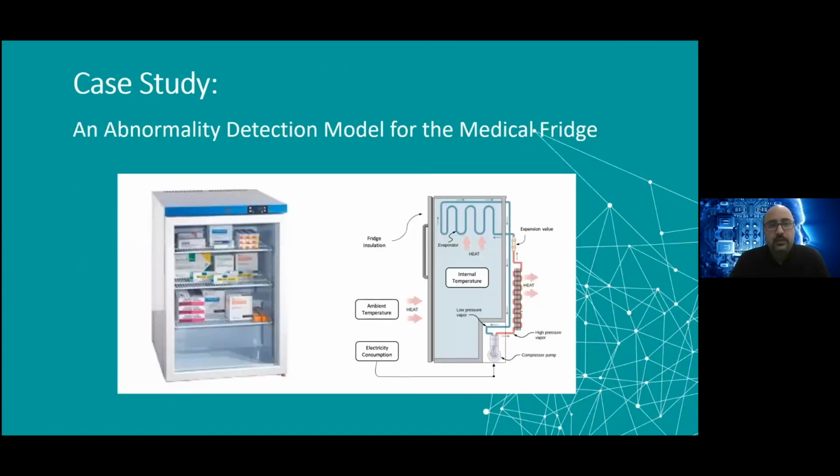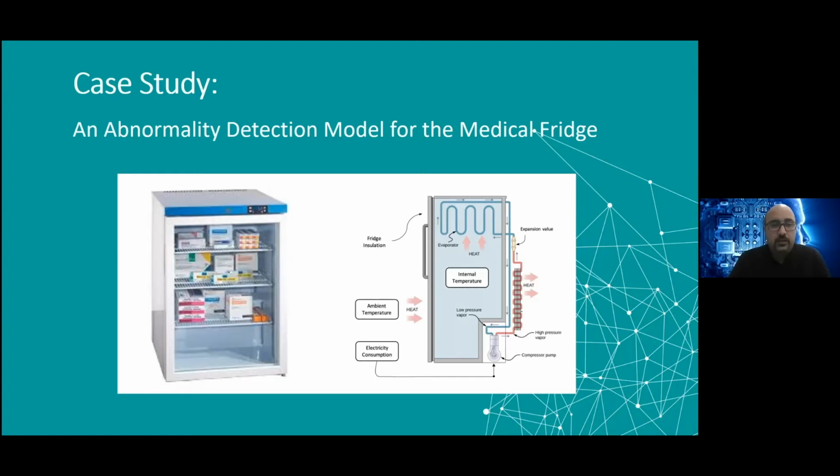As you can see here, the case study we have used is one of our projects from the NHS, monitoring the medical fridge, which is mostly used for medicine and these days for the COVID vaccine, which is playing a big role in the NHS now. We are trying to monitor this fridge for any fault or error, to save the large amount of medicine the NHS loses every year because of power failure or temperature failure on these fridges. We're trying to protect them from this kind of loss.